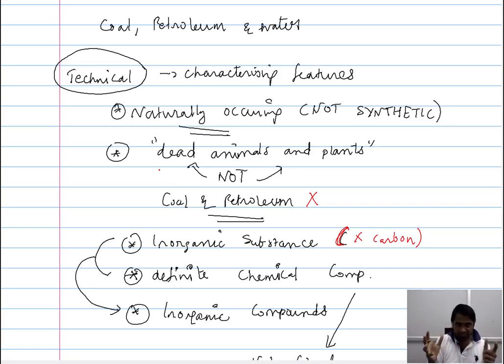Minerals, in the technical definition that we are interested in, do not involve dead animals and plants. Since it is an inorganic substance, and minerals also have a definite chemical composition, then we can say